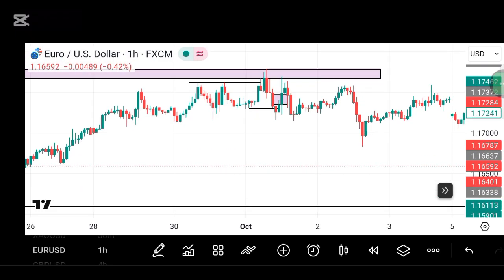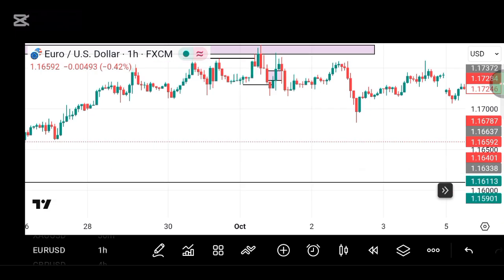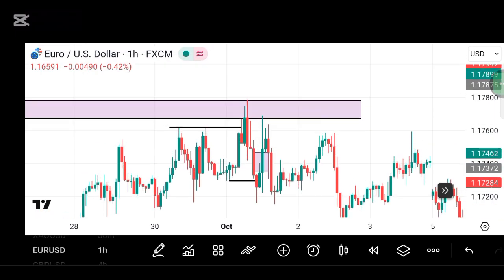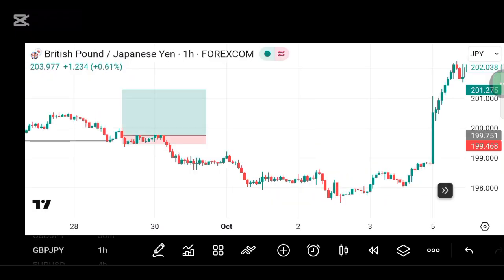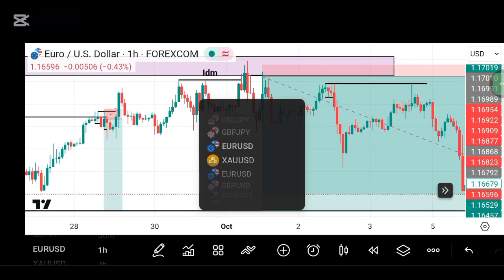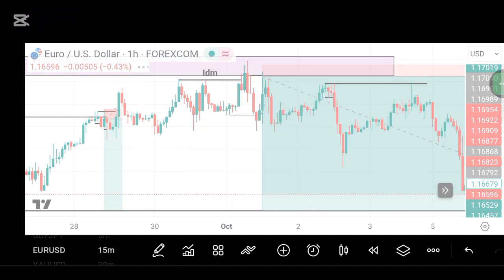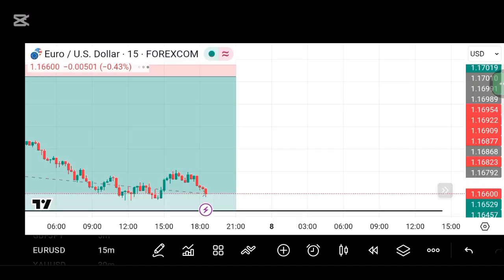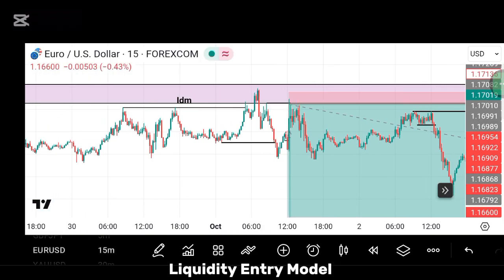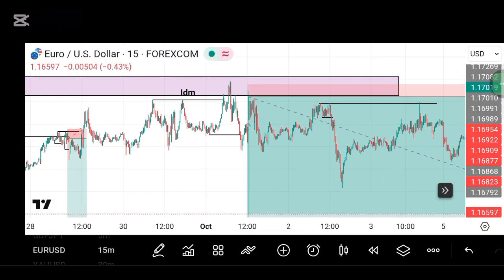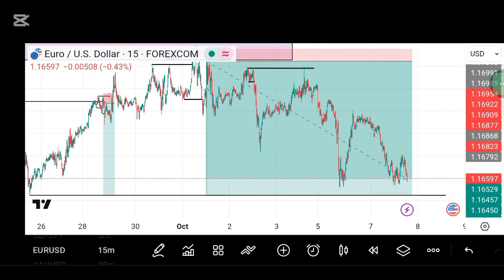Like I said earlier, I first entered around this level on the 15 minute Euro USD, after the first inducement was taken out. Very good entry. I wanted to sell down to this level, which was my overall target, but this retracement